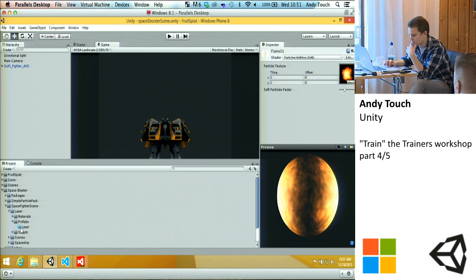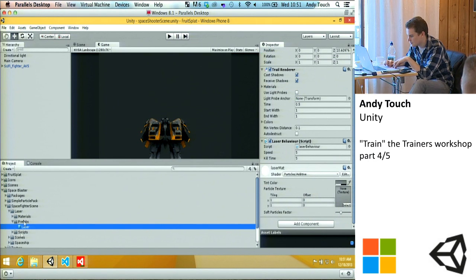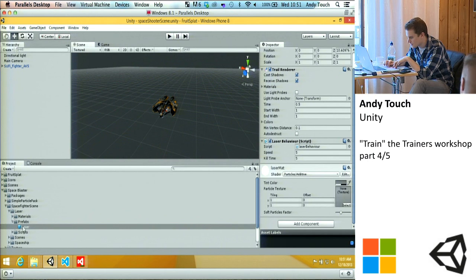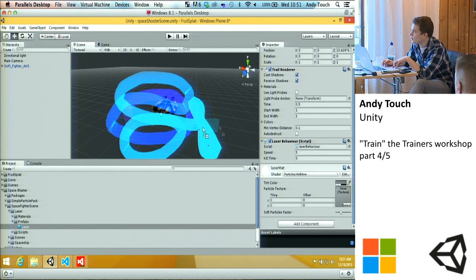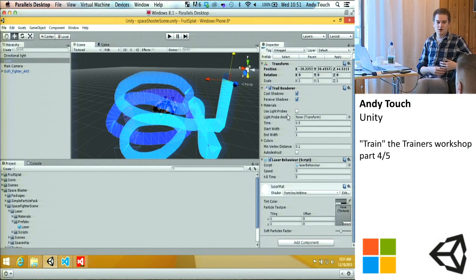So if you go into the laser prefabs, we should have a laser which has a little tail on it when we move into the scene. If I drag and drop a laser into the scene, what you'll notice is that it's basically moving around like that. That is a component which you can add to any game object that you want, called the trail renderer. What the trail renderer does is, as an object moves, either with physics or by code or any forms of movement, you can give it some form of little trail which will trickle behind it,